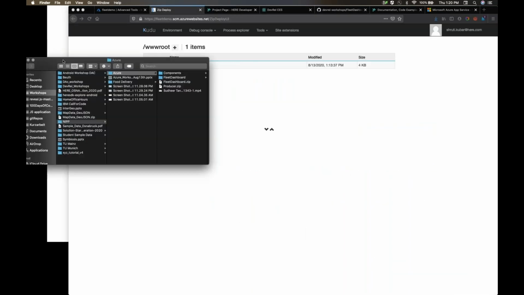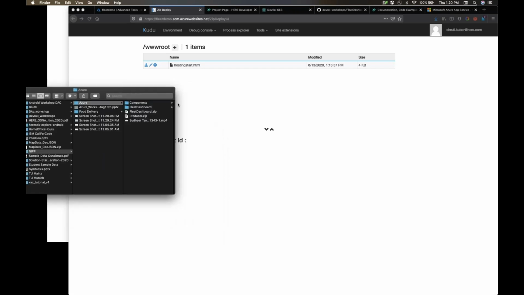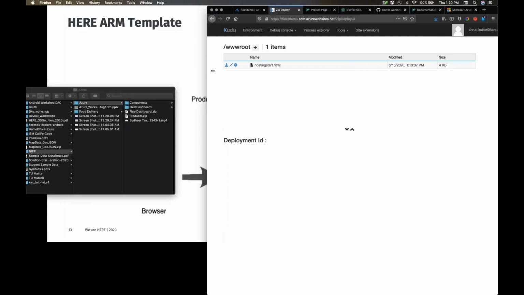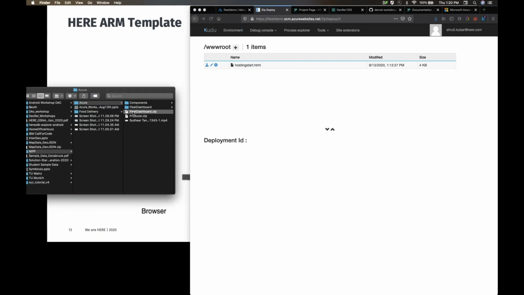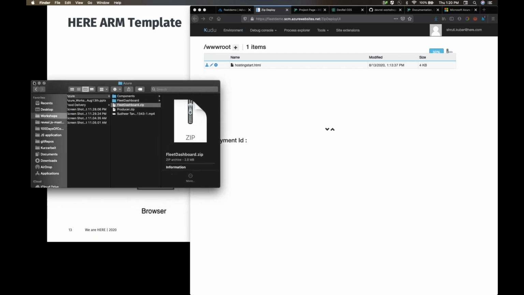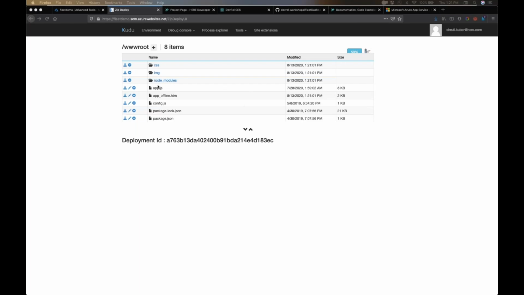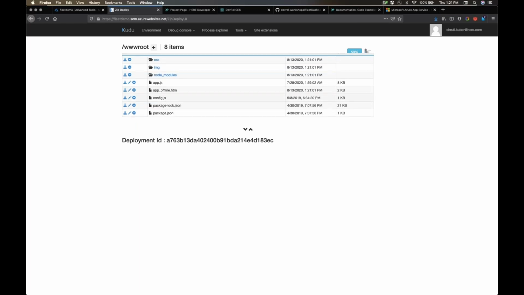So I can just drag this file in and it will unzip itself. Did it go through? I don't think it went through. Let me try that again. Yeah, now it's doing its magic. So it will extract itself, and then you'll get something that says it's deployed. Perfect. So once you have that, again,